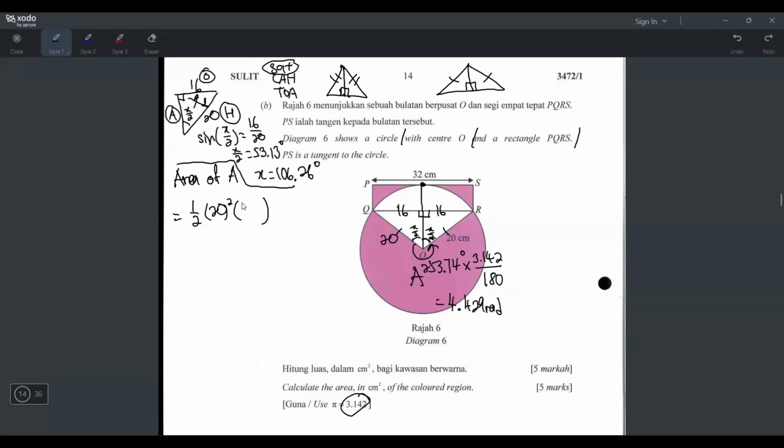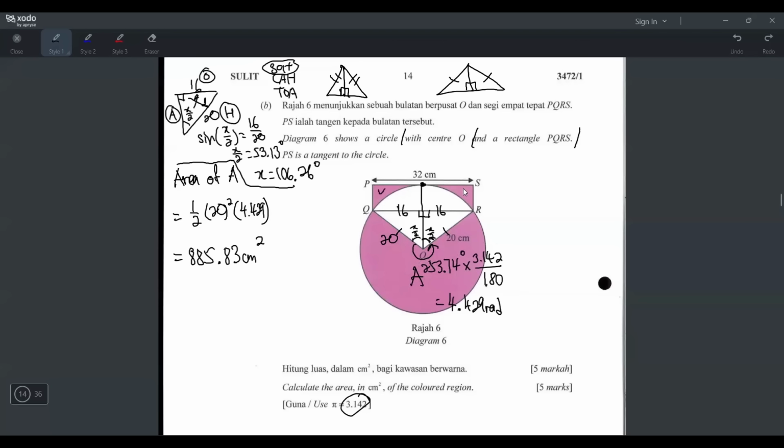And this can go in here. When you press all this, you will get the area of this region. So let's press. 20 squared is 400, divided by 2, times 4.429. I'll use the answer button again. So I will write 885.83. If you write 2 decimal places, then the answer is like this. Okay, I have successfully found the area here, but there is one more area I need to find,